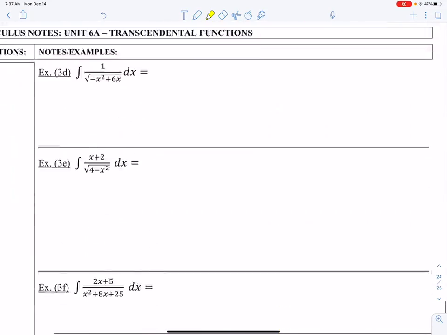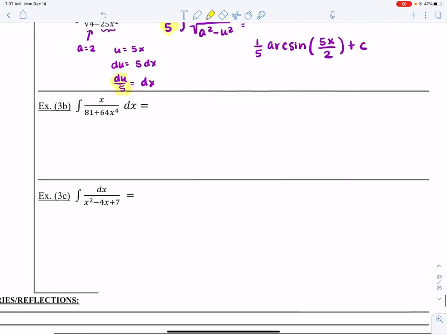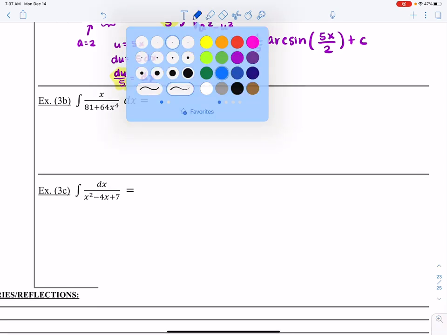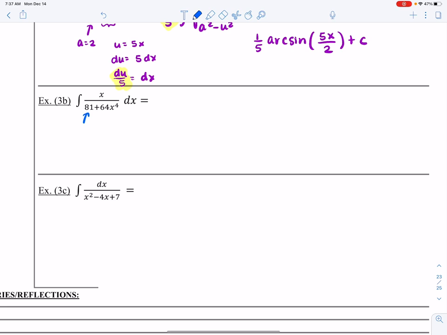So let's do another one, kind of spicy example like this. This is still going to be an inverse trig. But check it out. The x in the numerator isn't super obvious. I think the number being squared here would be 9. My u is going to be 8x squared. Now watch what happens when I du this. I get